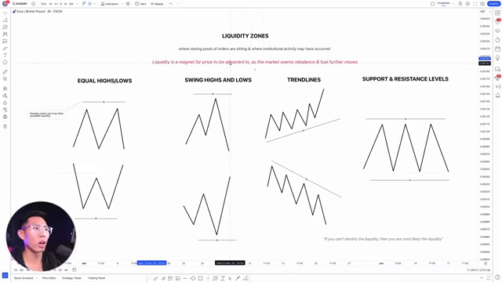Now, if you're still unclear about what liquidity is, it's basically a magnet for price to be attracted to, because the market needs to rebalance in order to fuel a further move, right? Because price cannot go up forever or go down forever. It has to go down, retrace a little bit so that it can gain more fuel, just like a car, before continuing. The market will never ever move up or down in a straight line. It needs some sort of fuel, and that is where liquidity comes in.